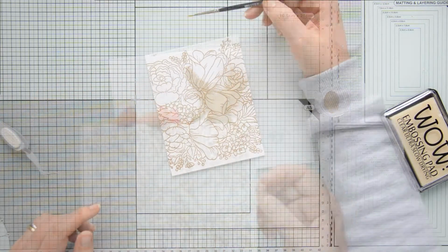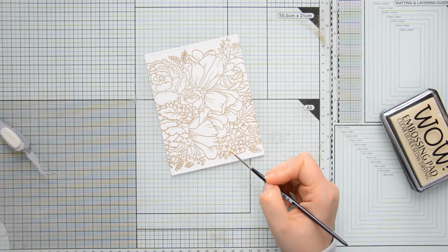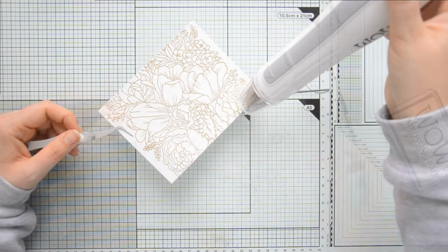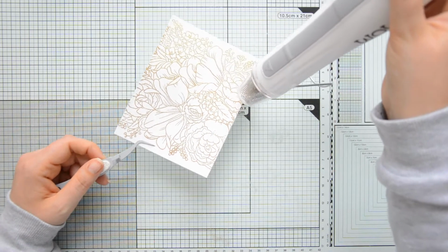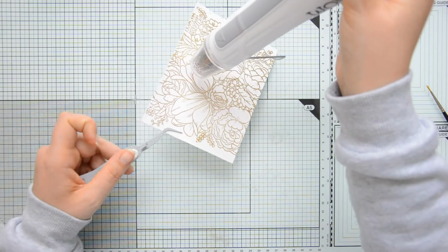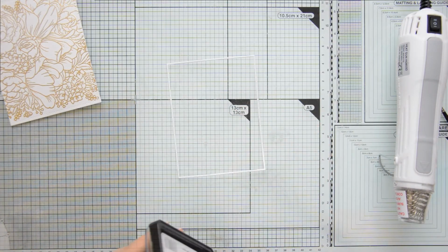So as I said, for that I first stamped my image with clear embossing ink and then I coated it with gold embossing powder by Wow. I had a few specks of embossing powder left on my panel and I cleaned them up with a small paintbrush. And then I melted the embossing powder with my heat gun, and this is always such a fun thing to do. It's always so pretty to see the embossing powder melt and become shiny, especially when you use metallic